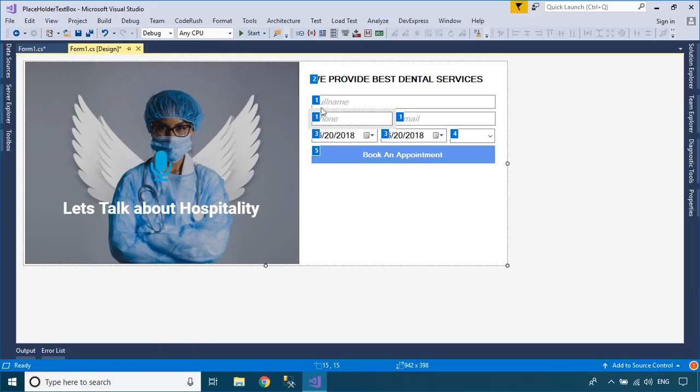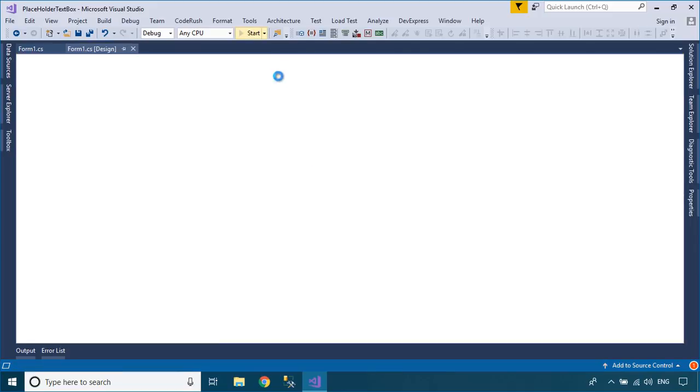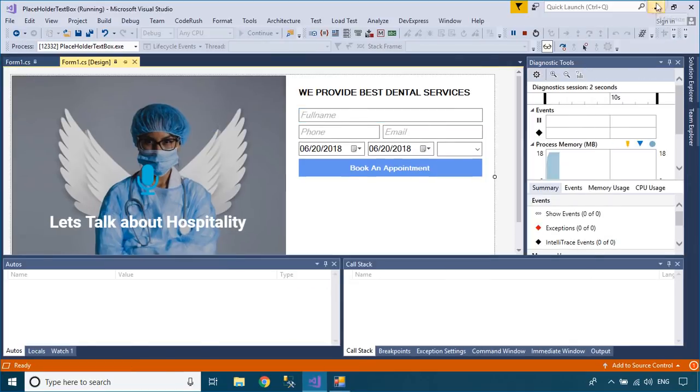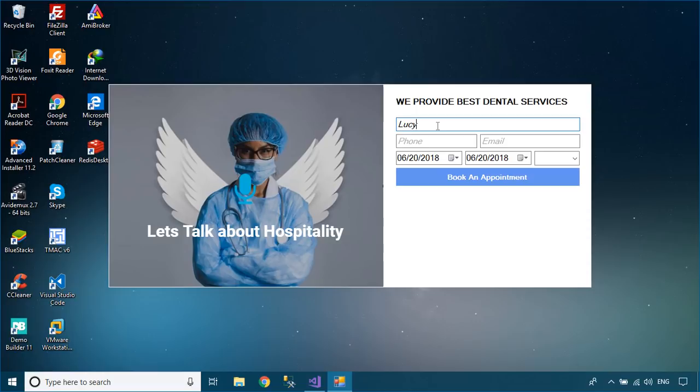You can also set tab order for your controls. As you know, the tab order is the order in which the tab key moves the input focus from one control to the next within a dialog box. Usually the tab order proceeds from left to right and from top to bottom in a dialog box. Each control has a tab stop property that determines whether a control receives input focus.